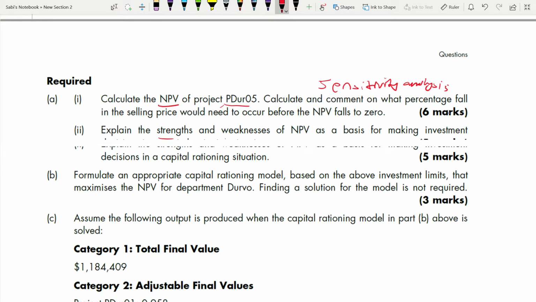Most of the time, we have been doing the calculations of net present value. We have mastered that. We know how to calculate. But when a theory question like this is asked, what are the strengths and weaknesses of net present value, most of you will panic and might not be able to come up with an answer. That's why I have told you that this is the first question you should attempt once you have done section B,